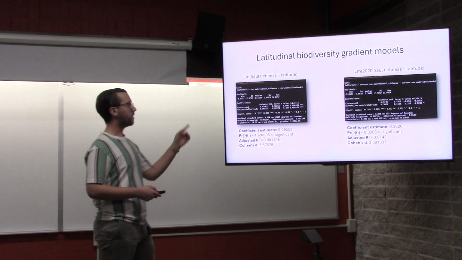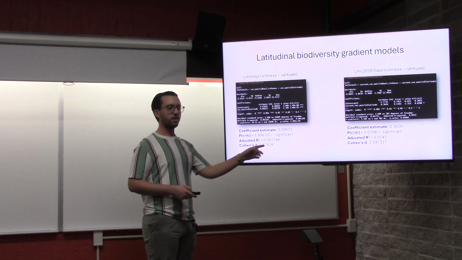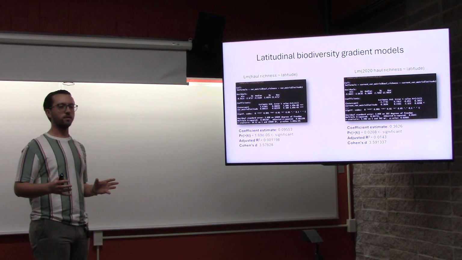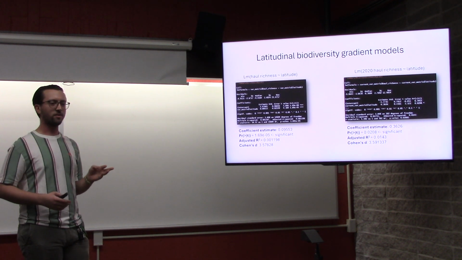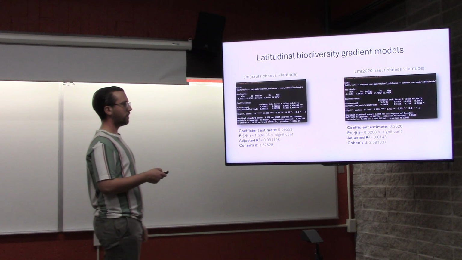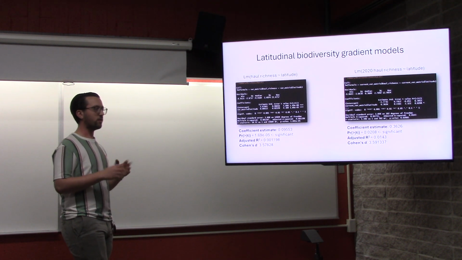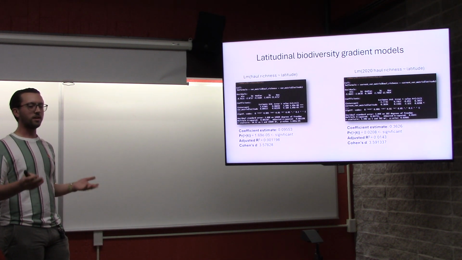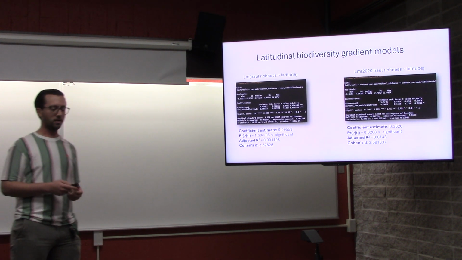But overall, we still get significant relationships between latitude and richness, but it explains really little of the variation, which might make sense because this is across 50 years in a whole lot of different locations. So it's likely that with all these entries, I'm not going to get very high adjusted R-squareds. But it's also worth noting that recently the effect seems bigger, which is kind of interesting. If you're restricted to 1 year instead of the whole 50-year data set, the effect of latitude is more pronounced. And that could make sense as inter-year variability in climate means that the effect of latitude is getting masked between years.